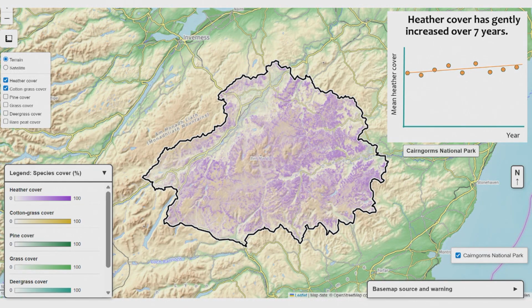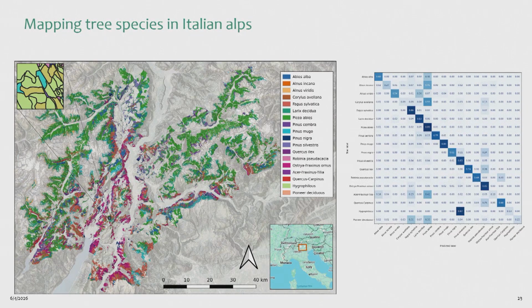And this literally took 3 days once he got all the data put together to fit a foundation model. And this is a pixel level 10-meter resolution map of heather cover. The accuracy was about 0.93, I think, so really, really accurate for the entire national park, Cairngorms National Park. And you can see on the right that the heather cover is gradually increasing over time, and that's because the deer have been taken out of this landscape.